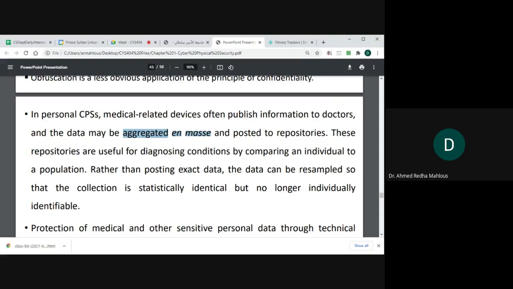And this repository is sometimes useful for diagnosing or doing a study about people who have the same problem. Say you have XYZ disease, and you are monitoring the data of those patients who have that disease. You implement the medical device on their body, and the data is sent regularly to the server. Here, instead of sending exact data, that means saying this data is the data of XYZ patient,